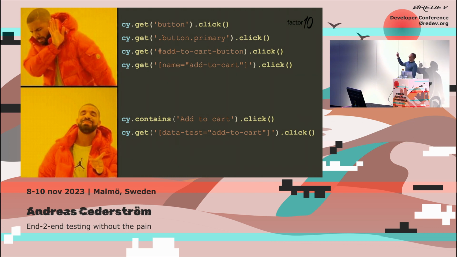The big drawback with this one is, just as you change from Angular to React to server-side rendered, just as you change your underwear, this will change. So the CSS classes are there for styling. They're not there for your tests. Make sense? Yeah. So multiple interests in that kind of information is a bad thing. We need something which is just for the test, because when you change from Bootstrap to whatever, Tailwind, all the